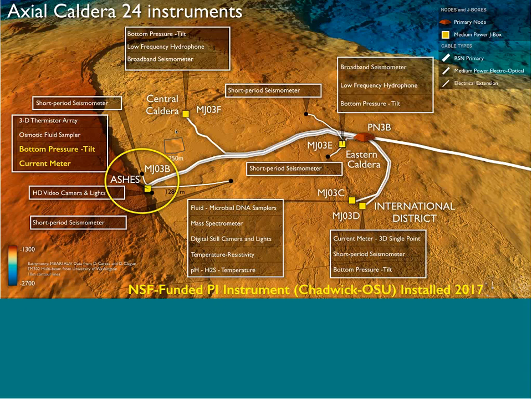And there's an array of instruments, so we have things like digital still and HD camera, mass spectrometer to get volatiles, and then instruments that go right inside the black smoker chimneys, temperature, resistivity to look at boiling, and pH, hydrogen sulfide, temperature sensors. And then we have another instrument that sucks in hydrothermal fluid and traps the fluid, preserves the fluid that we recover for later for chemical analysis, and also another system that sucks in the fluid, and